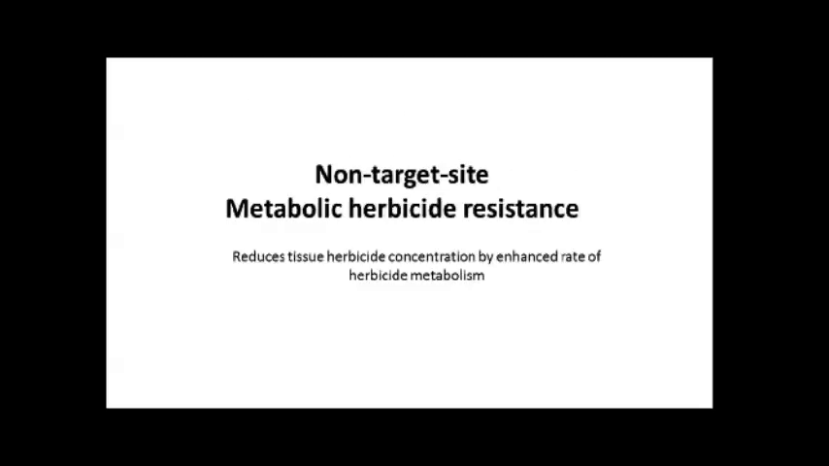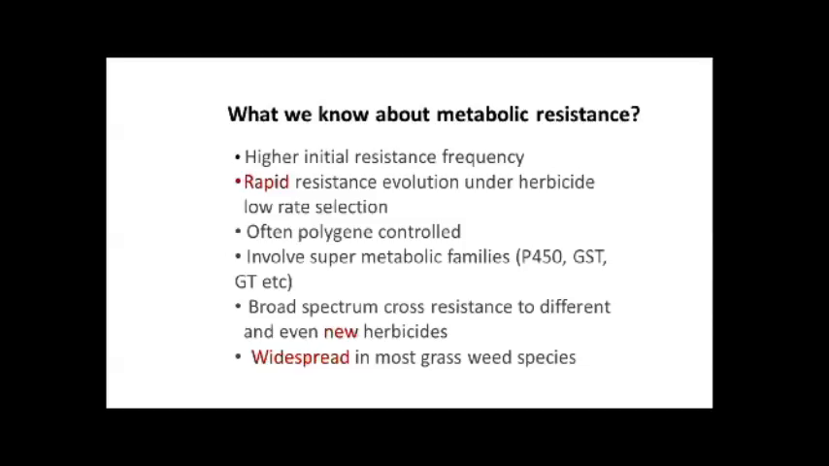The last one is non-target site-based metabolic herbicide resistance. Not too many people today talk about the metabolic. I just heard from Grant. Currently we don't know very much about metabolic herbicide resistance, but what we know is that they might have a higher initial resistance frequency compared to target site mutation, and the evolution of metabolic herbicide resistance might be very rapid, especially at low herbicide rates, and they are often polygene controlled,